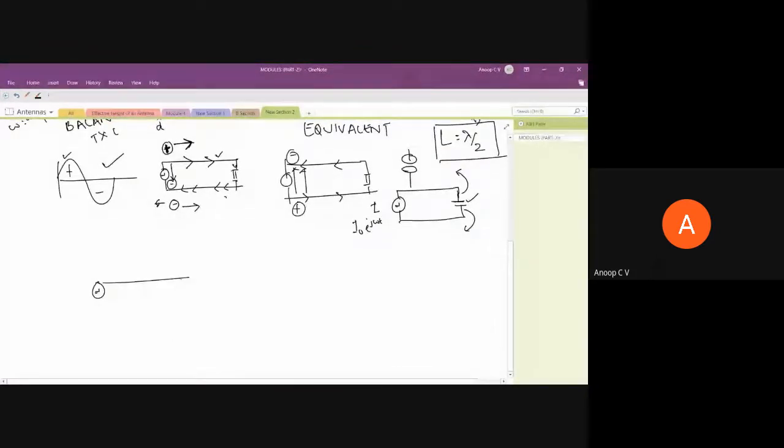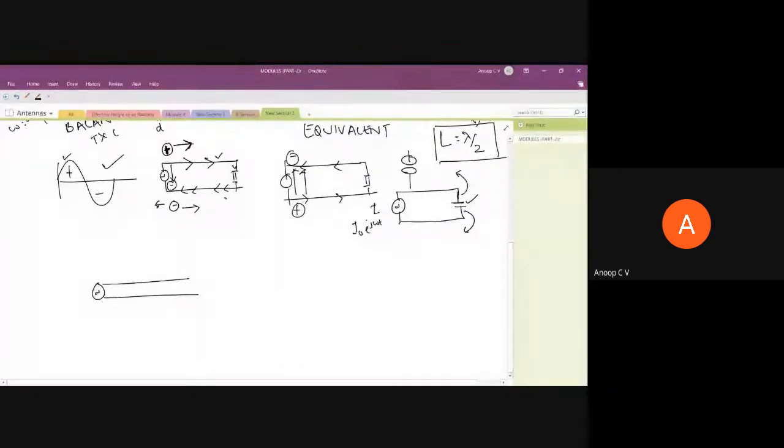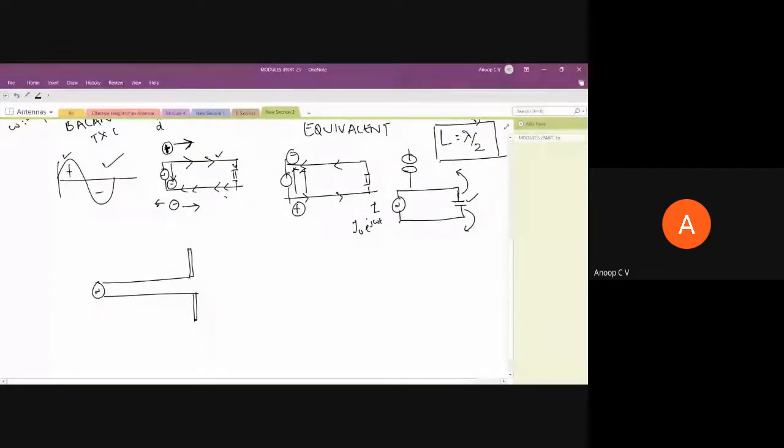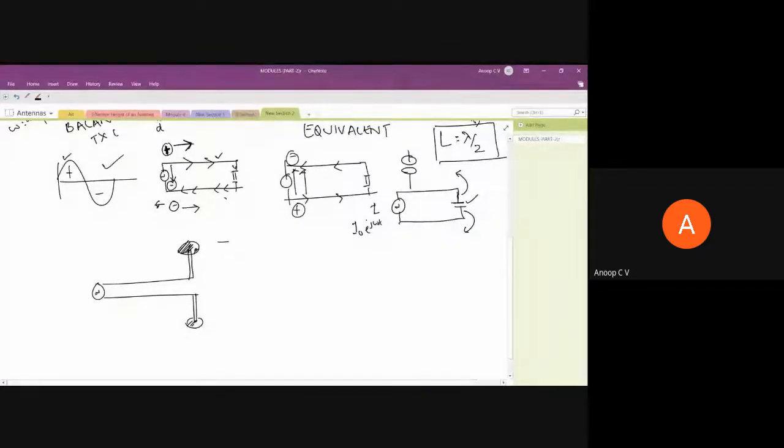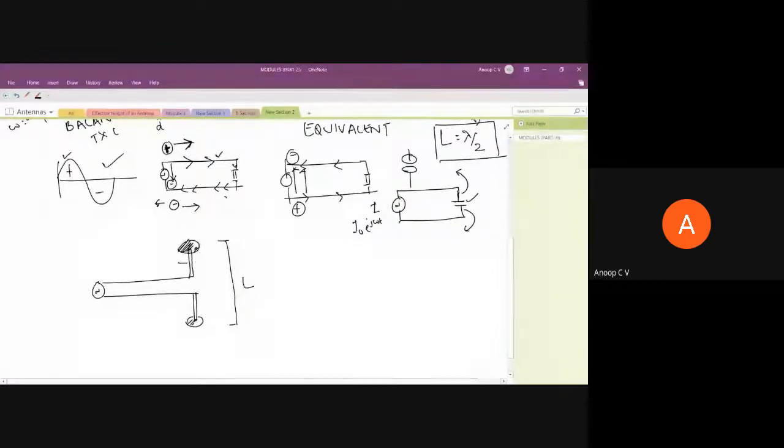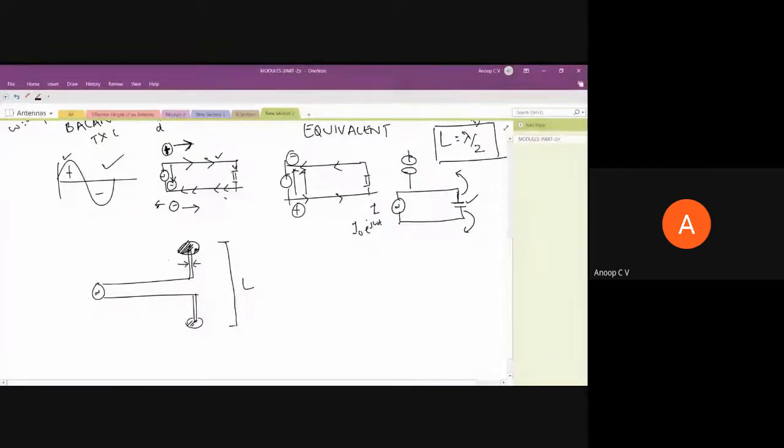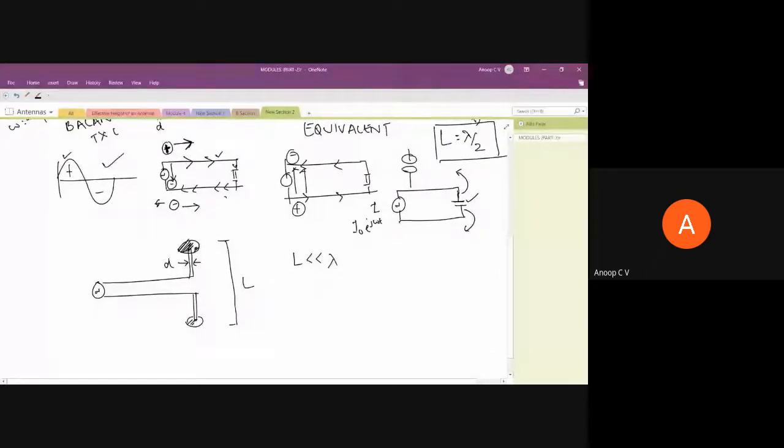Then you have a structure like this, a circular disc on top and a circular disc on bottom. If it has a length L and this thickness is D, and it meets the condition that L is much less compared to lambda and D is much less compared to the length,